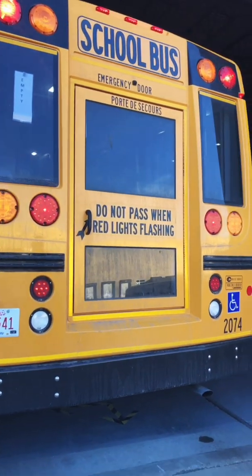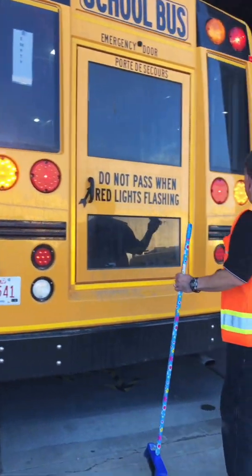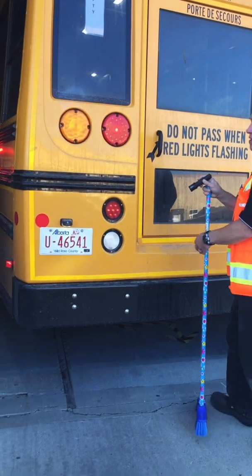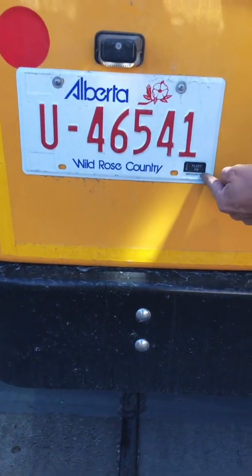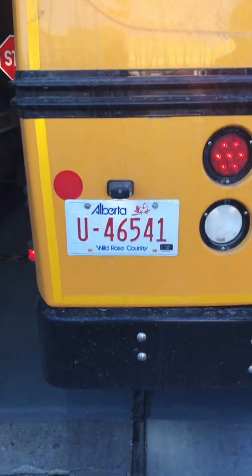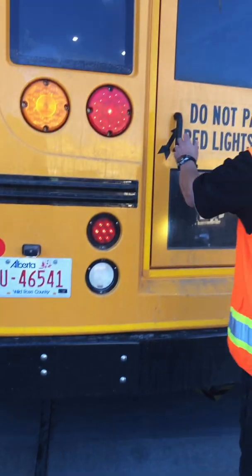I need to know the bulbs work. Okay, I can see that my tail lights work, 1, 2, 3, and 4. I can see that my license plate light works. And I can see that I have a valid plate with a valid sticker on it. Okay, my bumper's not unduly damaged, and I'm now going to check the rear door to make sure it in